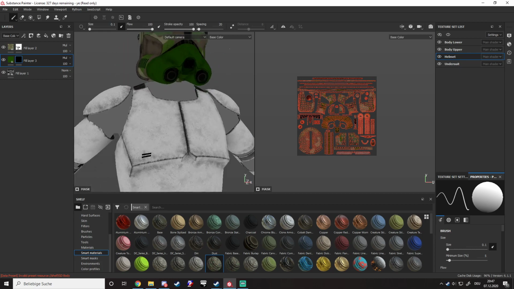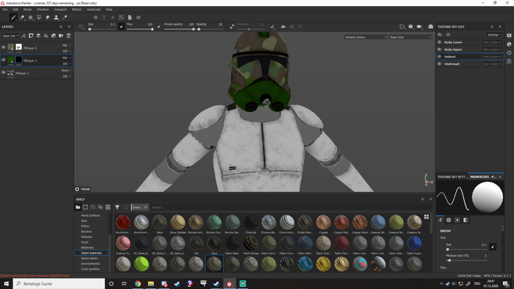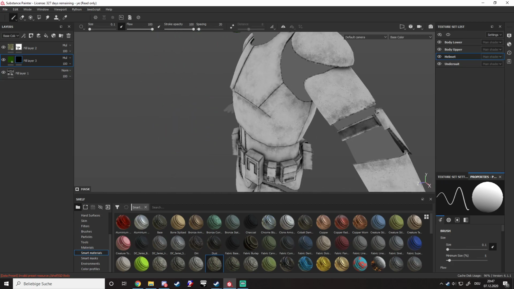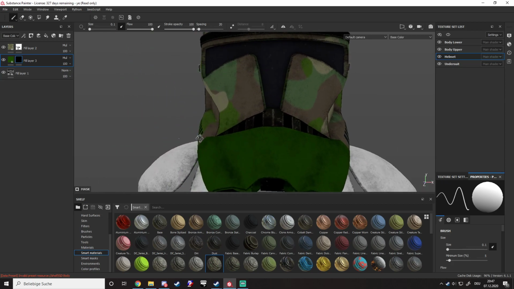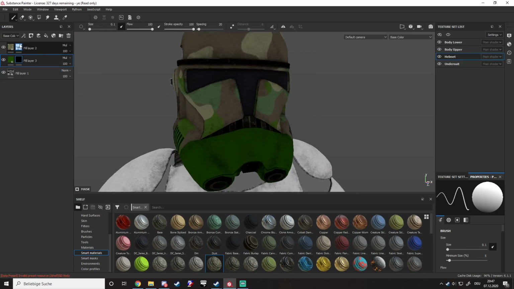And you can repeat that for the body as well, and for the lower body, the undersuit as well, if you even want that, even though I don't think it's retexturable at the moment. Oh, also,